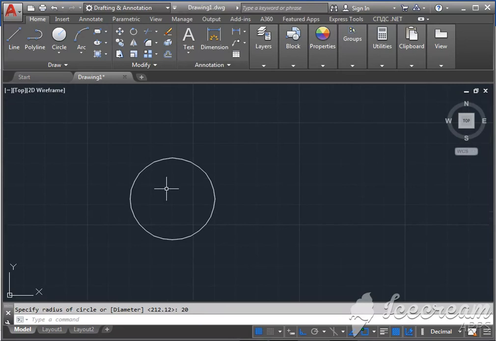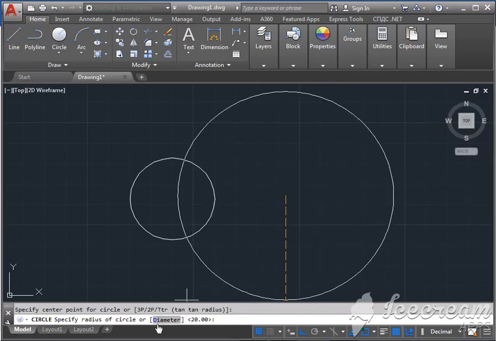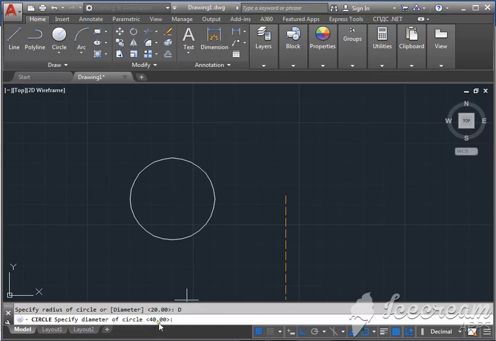Again press C enter. Specify your center point. Now suppose you want to give your diameter value, then click on this diameter, otherwise press D and then enter. Now enter your diameter value. I am going to apply 50. Now you can see